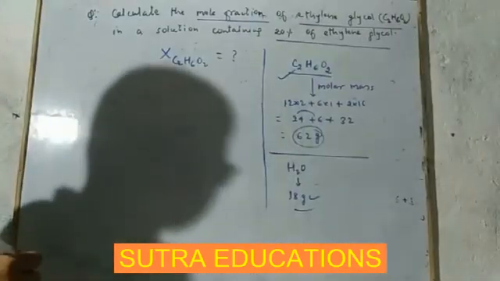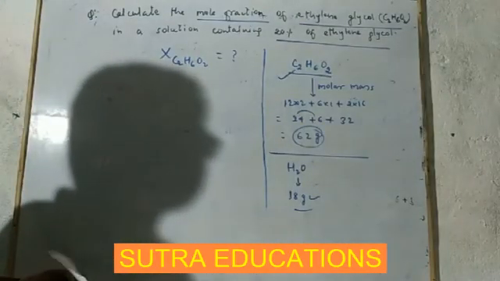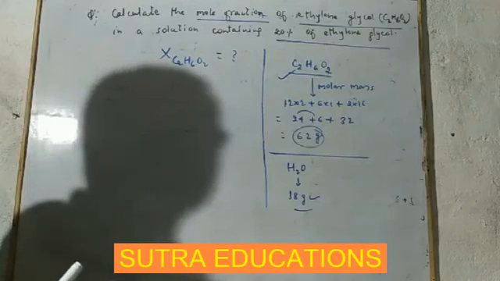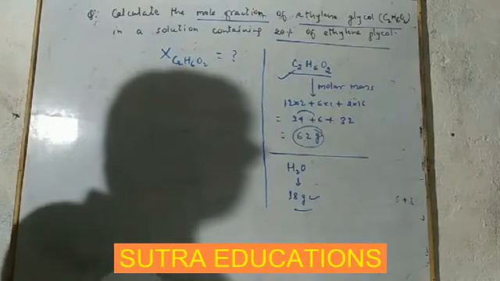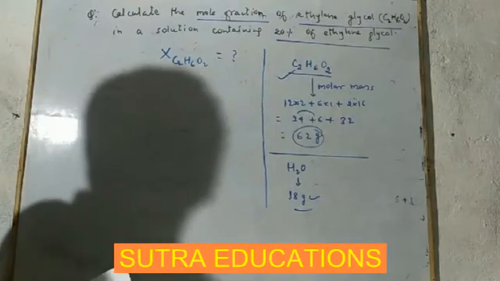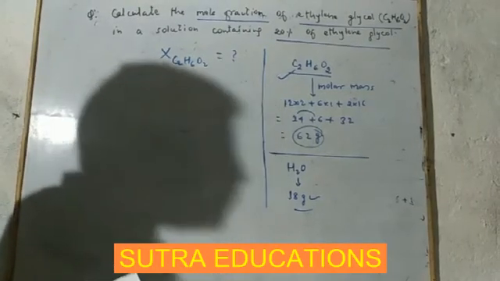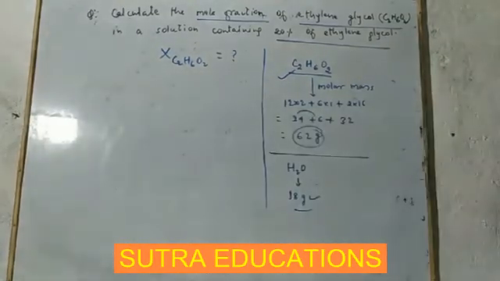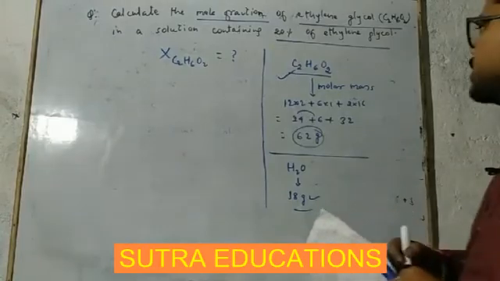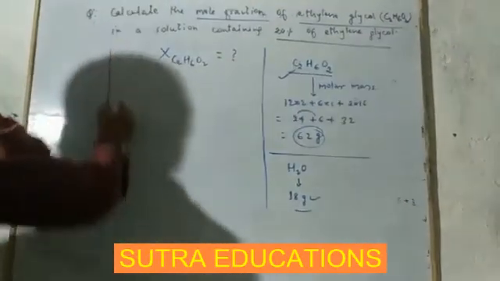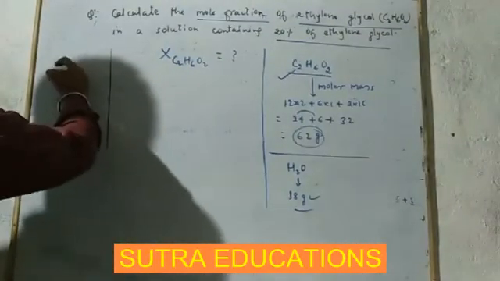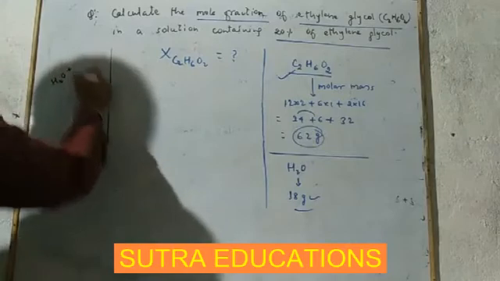Now from the given information, the solution contains 20% of ethylene glycol. So from this we will say, if the solution means H2O plus